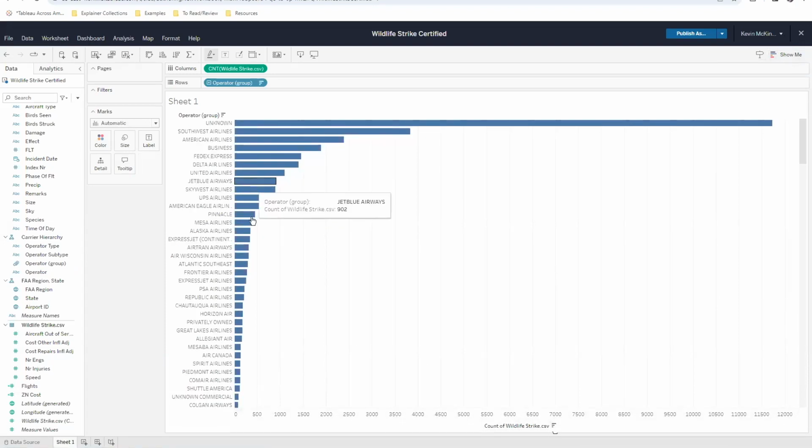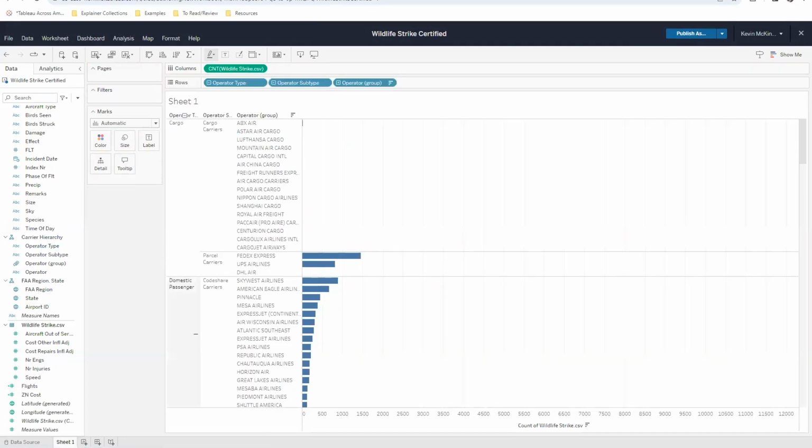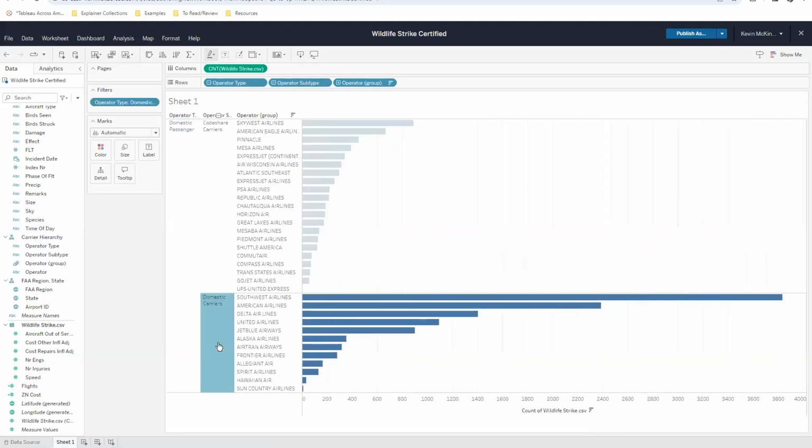So I have a lot of entities in this data set. I'd like to filter some of my entities. I've got a couple of different categories here that I can use to filter my data. I'm most interested in my domestic air carriers, and the ones here in the United States.